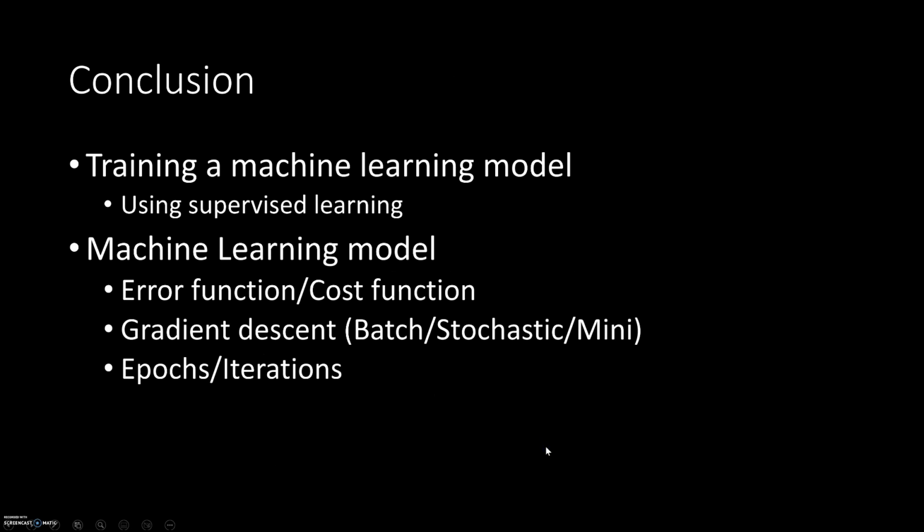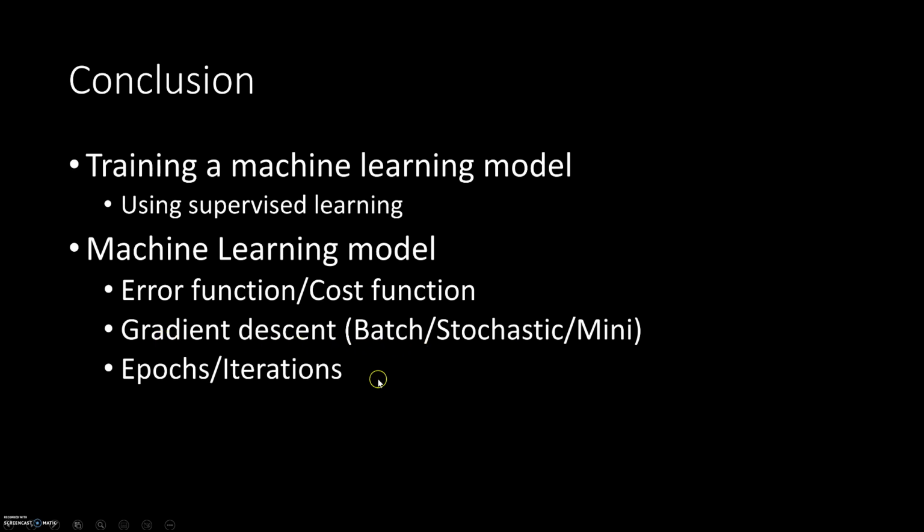That's pretty much it for this video. What we learned is how to train a machine learning model using supervised learning. We mostly focused on how to train a model, and we learned what a cost function is, how to minimize a cost function using gradient descent, and other terminology such as what an epoch is. Now there are several types of gradient descent such as batch, stochastic, and mini-batch gradient descent. What we covered in this video was called batch